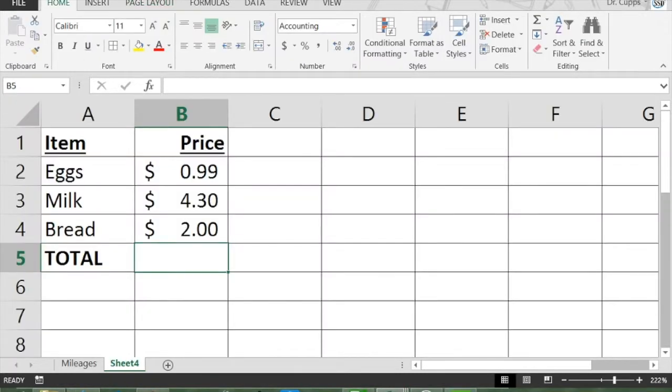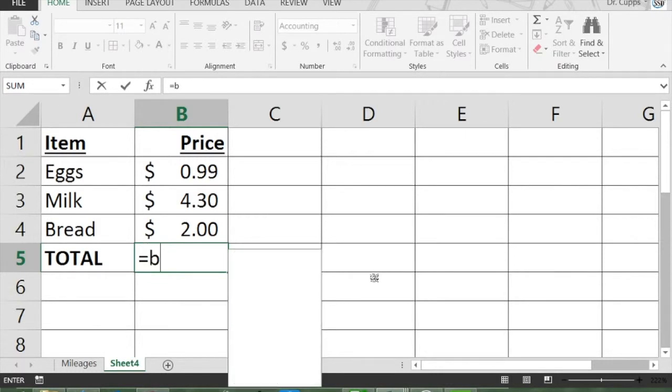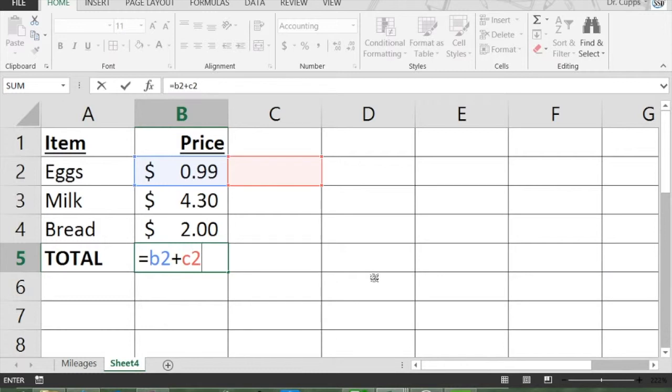Let's talk a little bit about formulas. The best way to do a formula, if you know exactly what you want to type in, there's not much to put in, is to use the equal sign, which is a special code that tells Excel you're about to do a formula. Then we can do things like say just B2 plus C2,